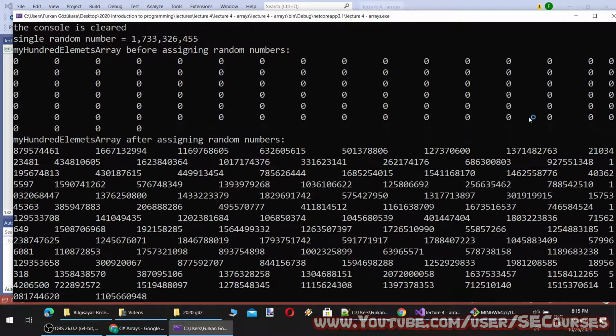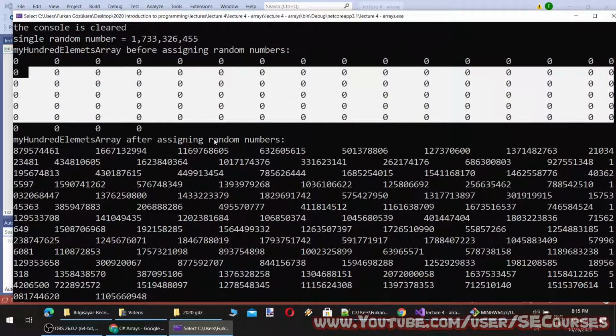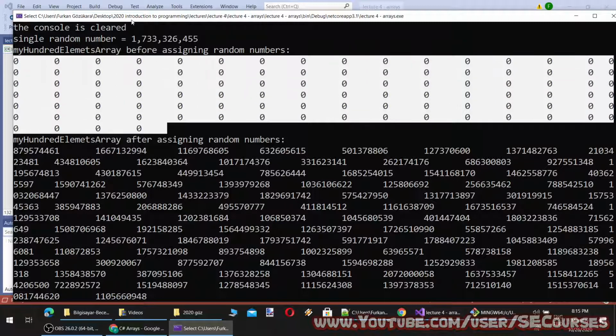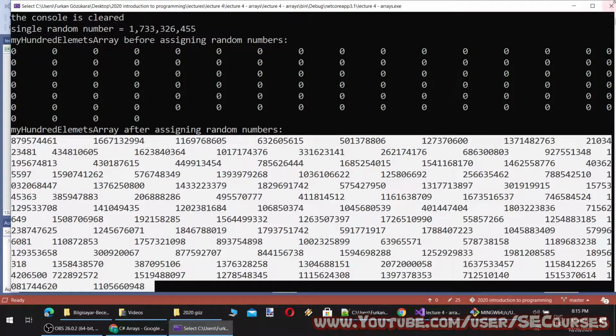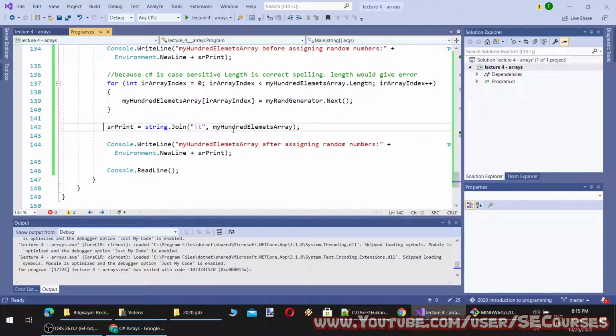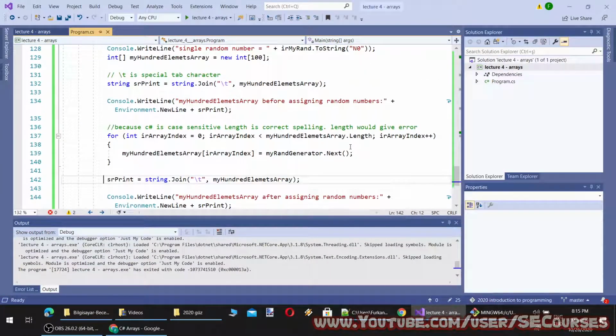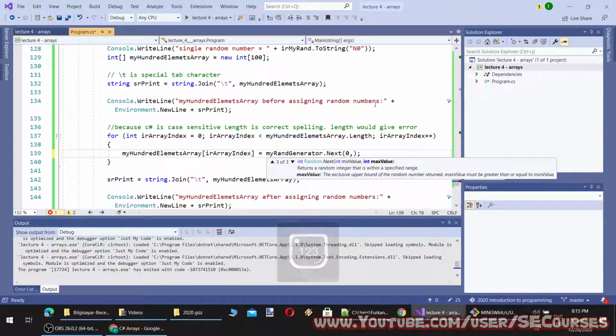you see the array is all 0 at the beginning, and after I have assigned it random numbers, it is like this. I can set the minimum and maximum of random numbers to be generated. So I'm going to set the minimum as 0, and the max value should be, let's say, 1000.